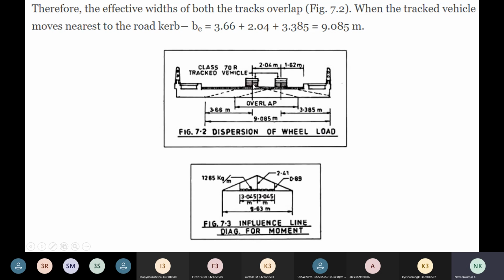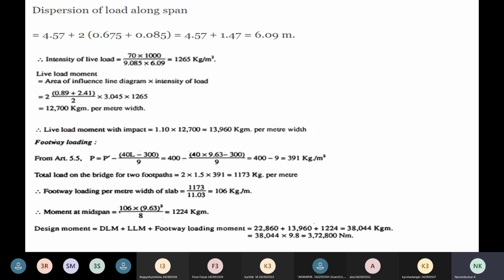From the center of gravity of the vehicle, at an angle of 45 degrees, the load distribution will be happening. If two vehicles are moving on the bridge, you see how the load is being distributed. Okay, so if we go further,